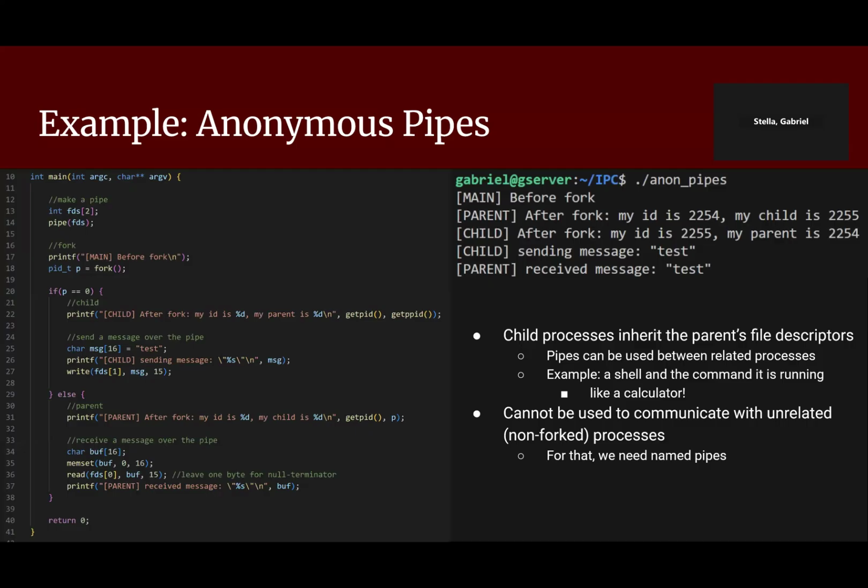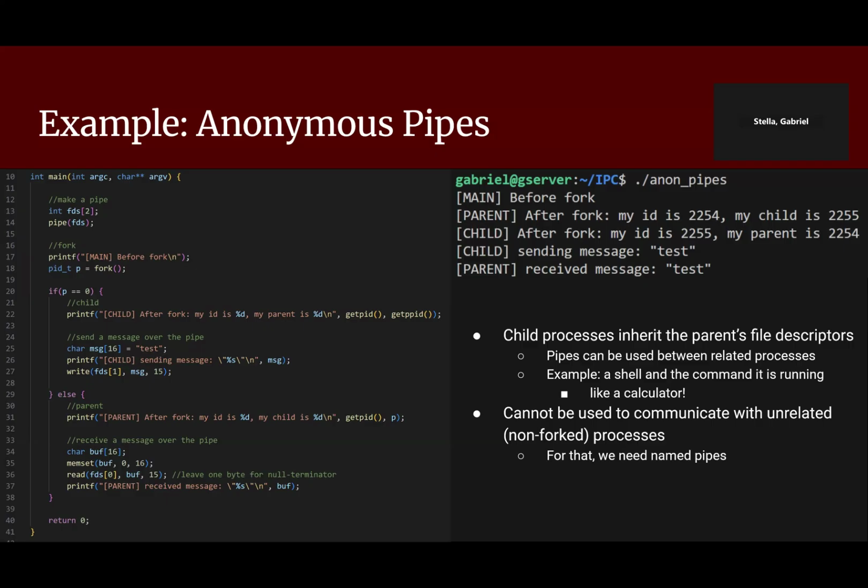So let's take a look at an example. Here we have a pipe being made at the top of main, and then the program forks. And this leads to a parent and child process. And actually, the key point here is that any file descriptors are inherited by the child. So the pipe now exists in both processes. And so, in this example, the child sends a message over the anonymous pipe, and the parent can